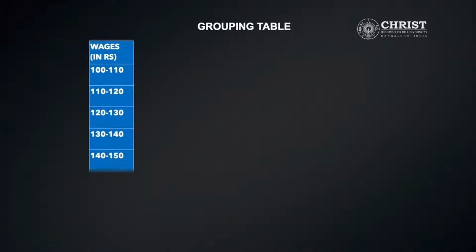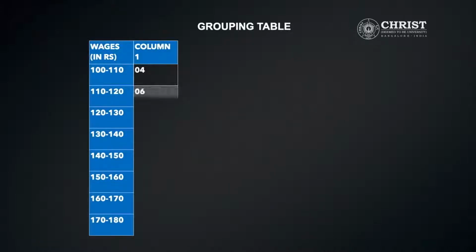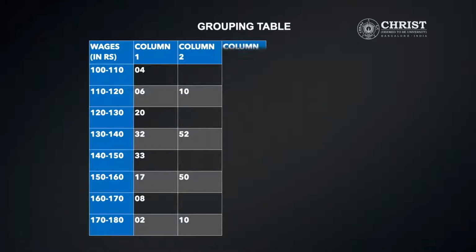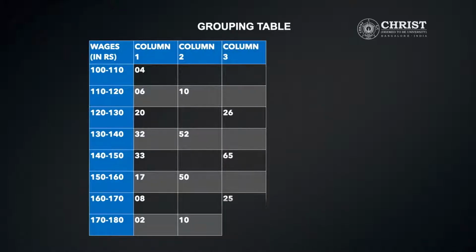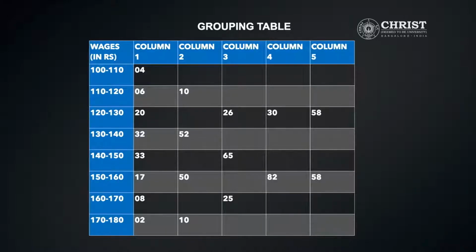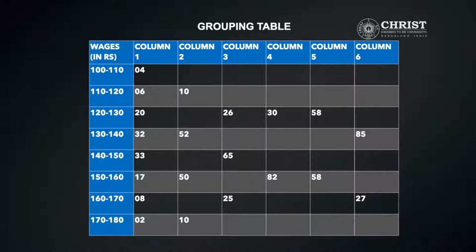Here also we have to do the grouping table and analysis table. In the grouping table, the first column will be the frequency values. In the second column, you add the frequency values two each. That means the first value is 4 and 6; you write 10. Like that you compute column 2. Column 3: leave the first frequency and add two each. So we will not consider the frequency value 4. 6 and 20, it's 26.